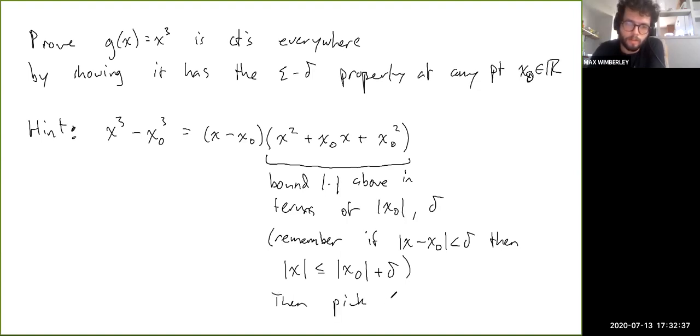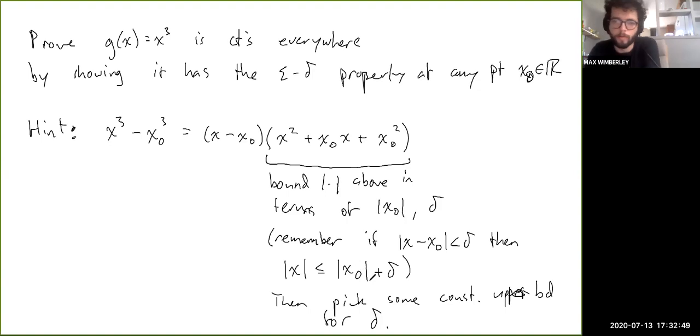pick some constant upper bound for delta. Okay, so like you could pick 1 as a constant upper bound if you want, right? And then you'll get some constant. You'll basically end up with a constant upper bound for this part, okay? And then you just have to make delta be less than the minimum of the constant you pick and epsilon over this, right? So